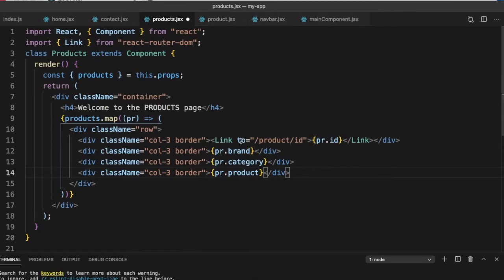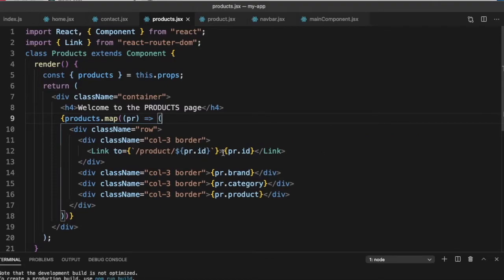There are multiple ways to do it. We could have used string concatenation as we have been doing so far. We will use a template literal here. So we will just put a backtick, slash product, and here, where we want the id, we will just put pr.id. So that value will get replaced here, and we will get that link. You can see the convenience and ease that the template literal gives us. So practice it a bit and get into the habit of using template literals. This should create a link. Let's go ahead and test it now.